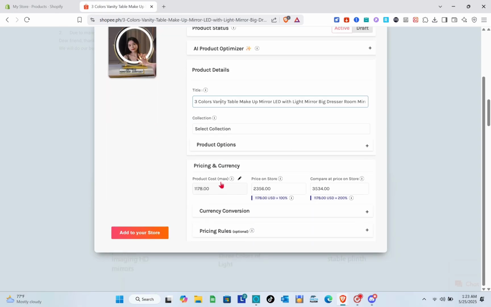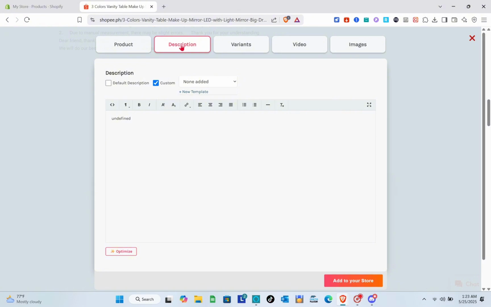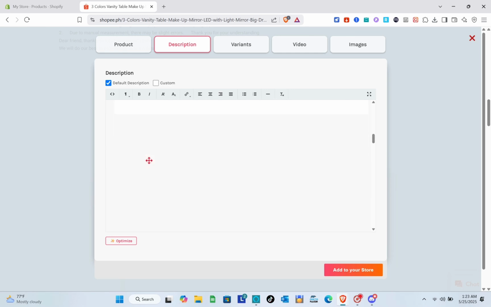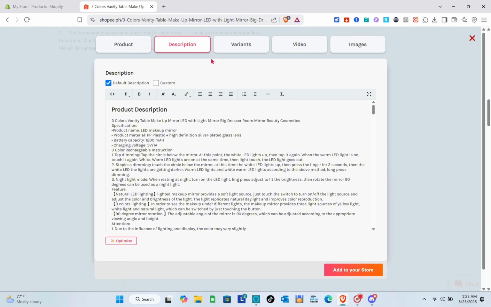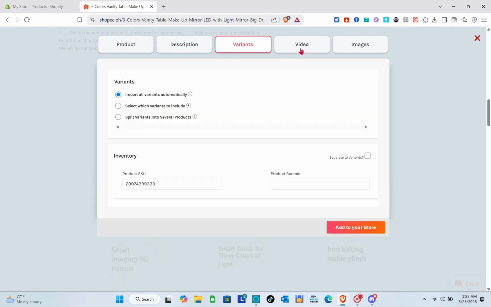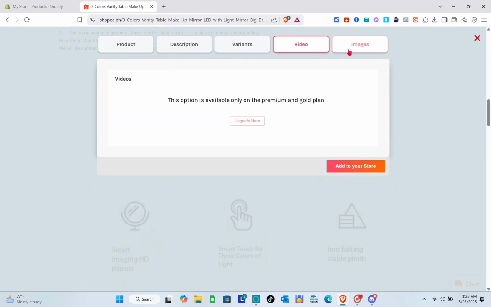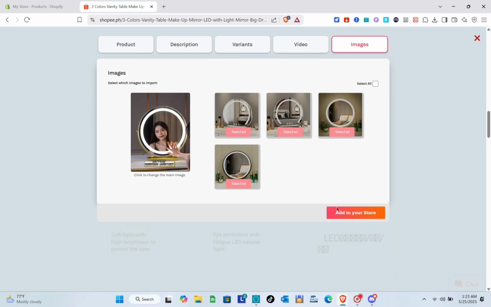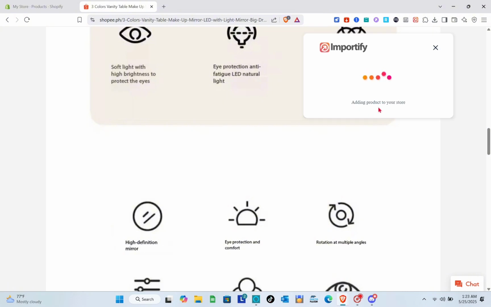First one, we have the product. That is right. And we have the description. Okay, and then we have the default description section. We also have the variants, the video, and then the images. That is right. Okay, so after that one, make sure to check the select all option. You'll be able to import the images as well. Okay, that's right. So just wait for a couple of seconds, and then if you would like to customize this